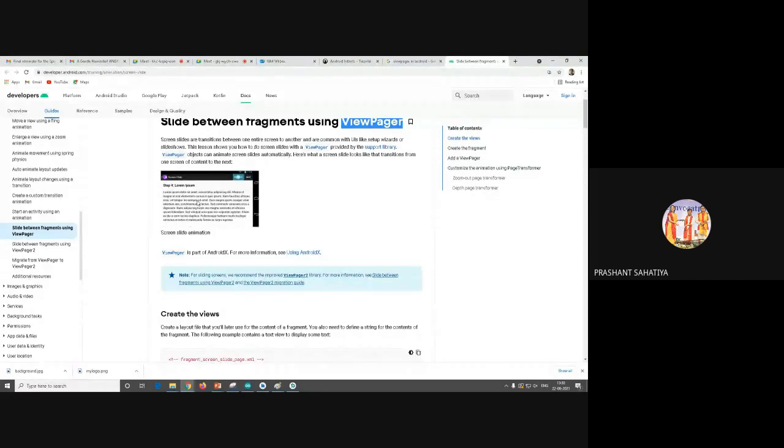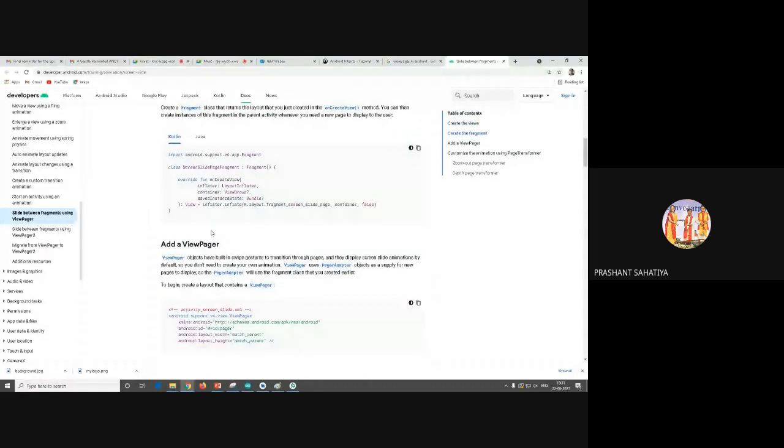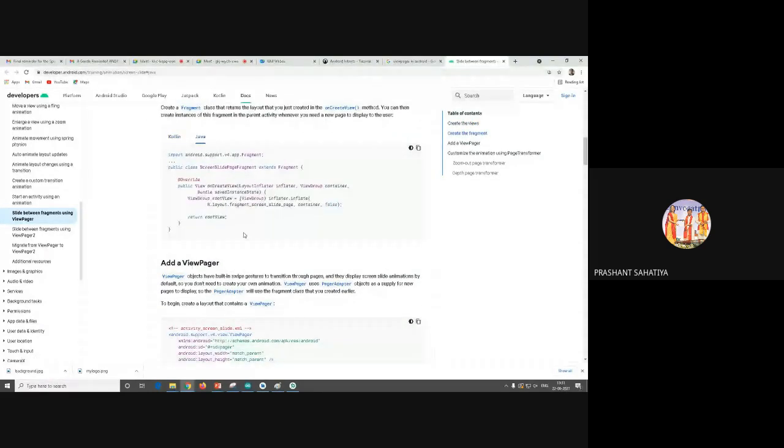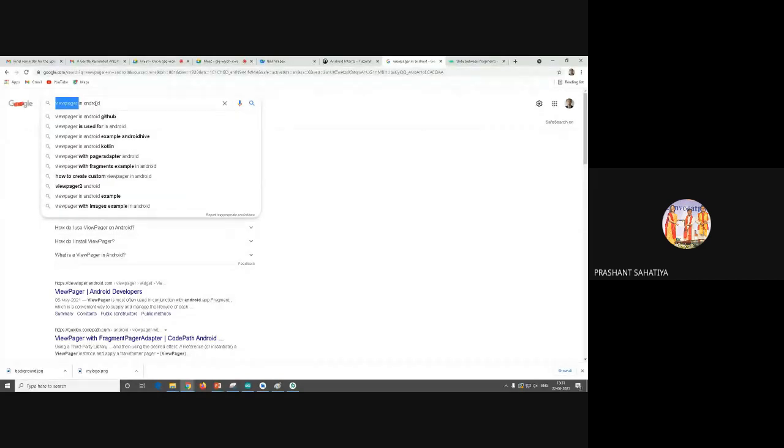In the Redmi phones, in the older phones, there is one corner, and you can drag that corner, and it went to the previous screen. It's like that. ऐसा भी है. तो ऐसे भी आप create कर सकते हो. ठीक है? This is a simple code of it. Sliders can be kept, animations can be kept between the two screens. Everything can be done. Okay? The component name is view pager. You can explore it, and the whole concept name is material design. It is only used for interactive purposes.